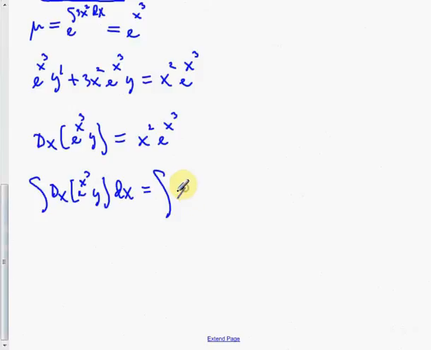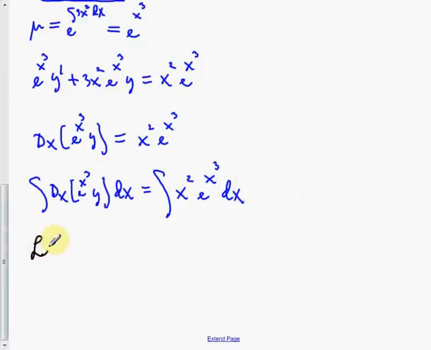Equal to the integral of x squared times e to the x cubed dx. That right side was a problem in Calculus 2, and it involved a trick. If you remember that trick with the e to the u du, and then from there use a u du substitution, you can get it. So